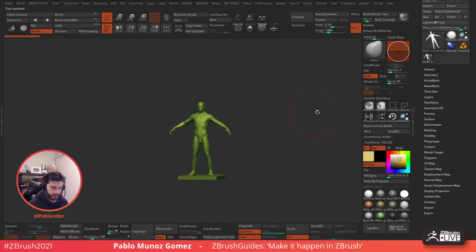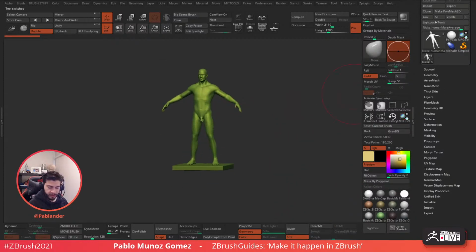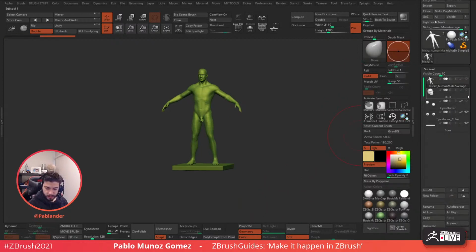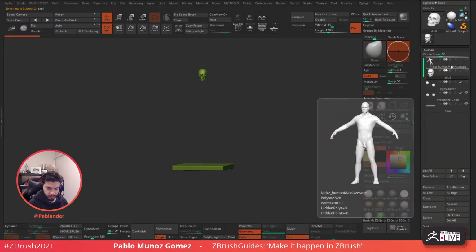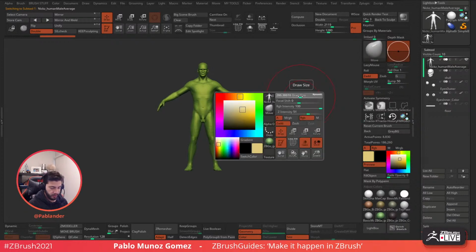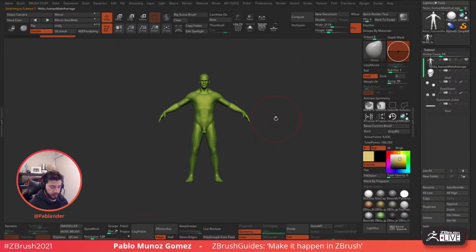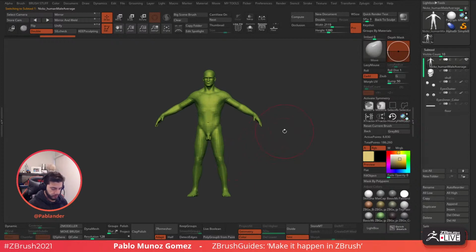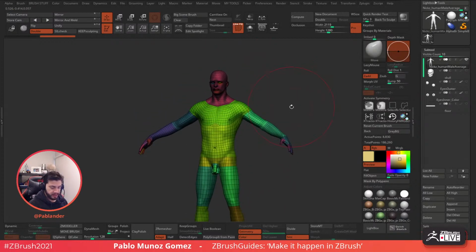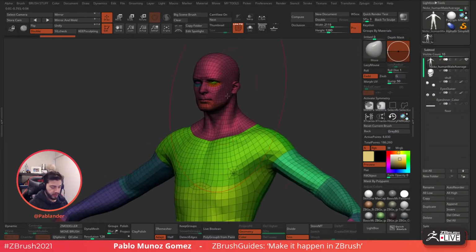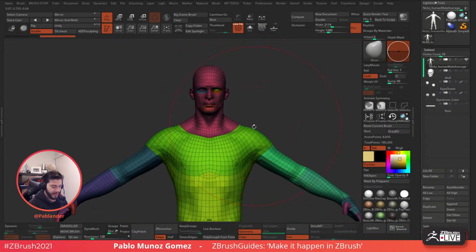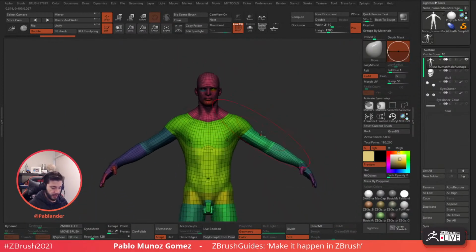So here we go. This is the character. This one comes with some layers, so I'm just gonna bake everything, and let's just hide the rest. All right, so this is the mesh, or the subtool that comes with that, and it has a super clean topology, so you can use this as a base. If anything, we can actually use this as a starting point, now that I think of. So yeah, we can use this as a starting point for the Skrull,